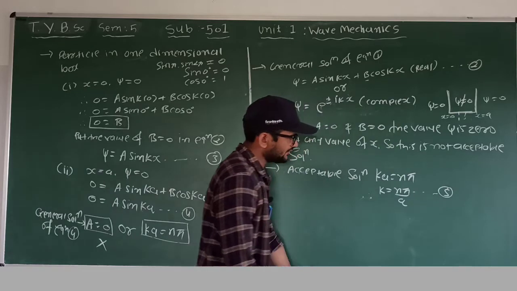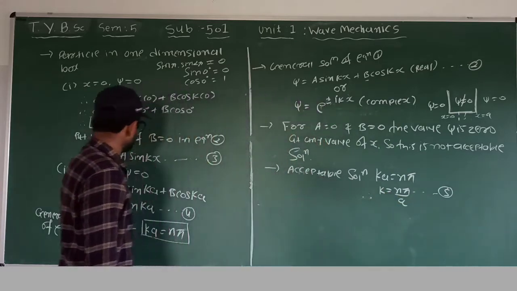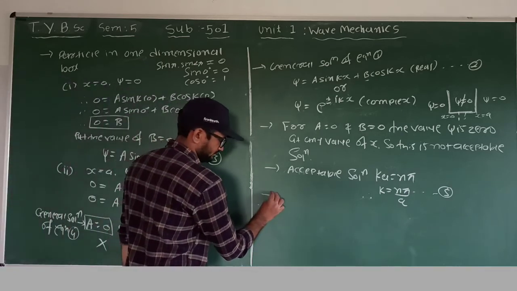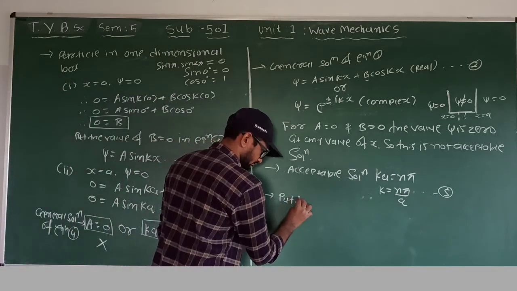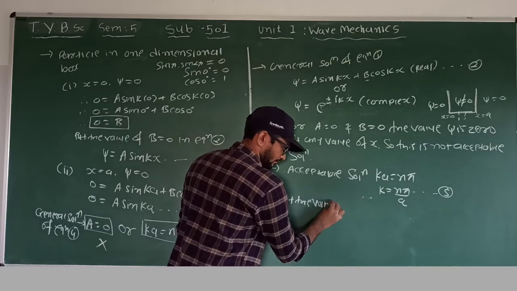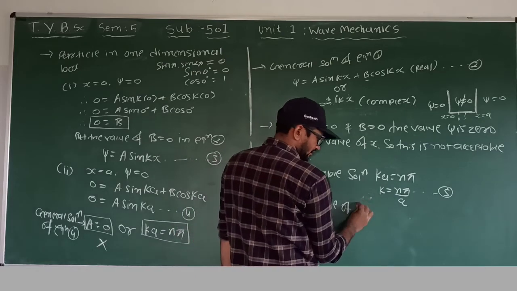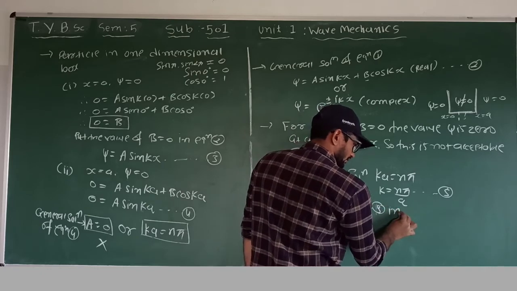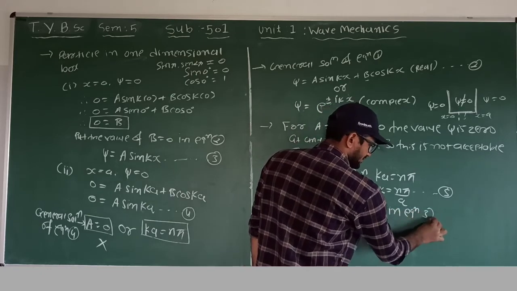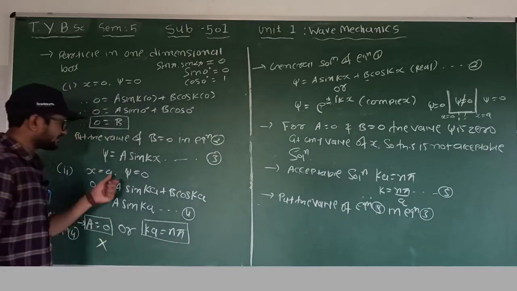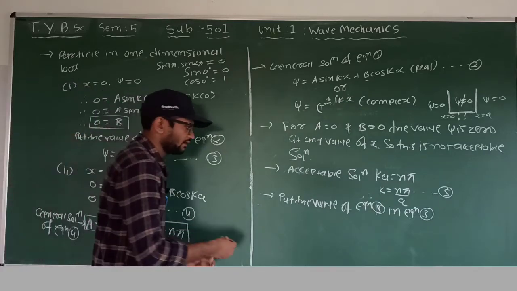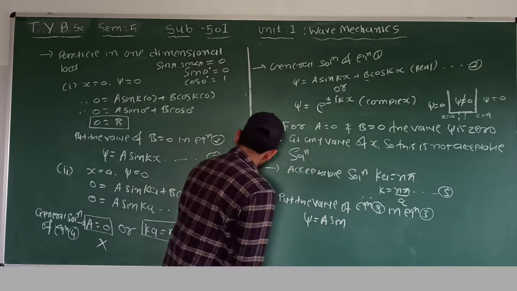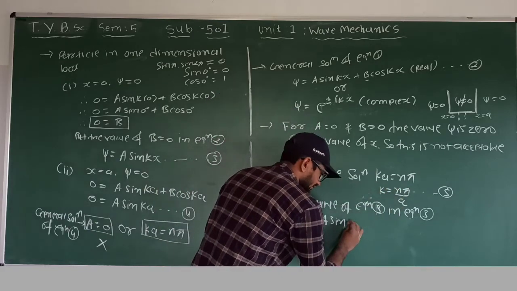Now put the value of equation 5 in equation number 3. It means psi is equal to a sine, the value of k is n pi upon a, into